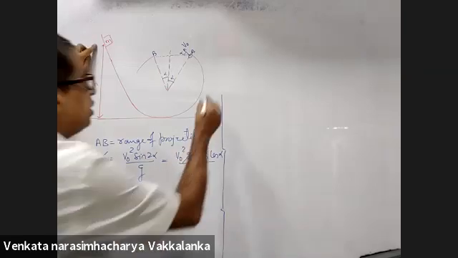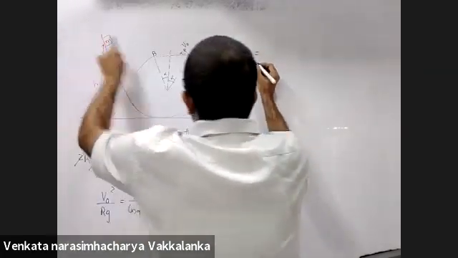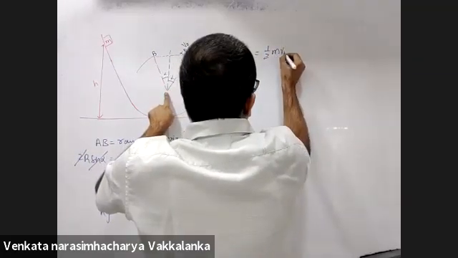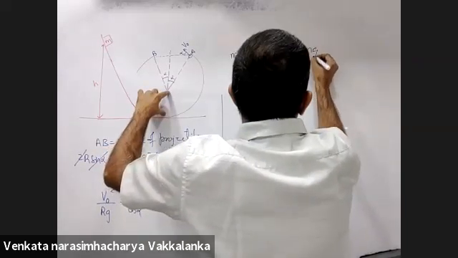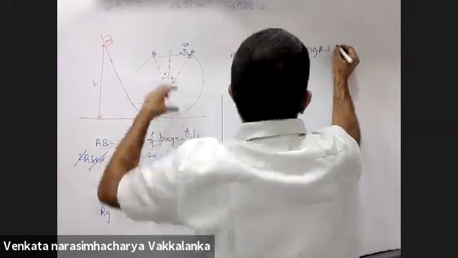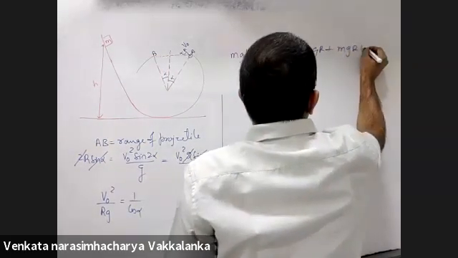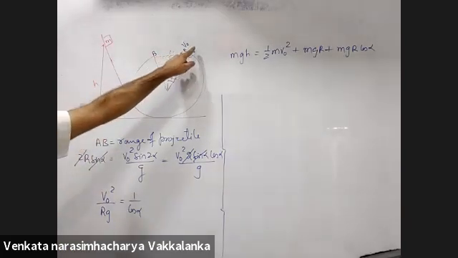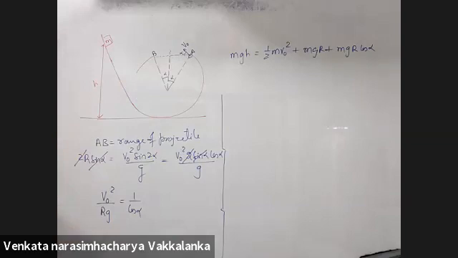Right? You want to incorporate this h. The total mechanical energy here will be equal to half mv naught square plus this height is mgR plus this height is mgR cos alpha. Are you able to see that part of the board? Yes, sir. Half mv naught square, this is mgR, plus this is mgR cos alpha.